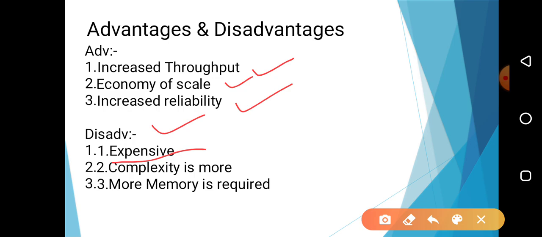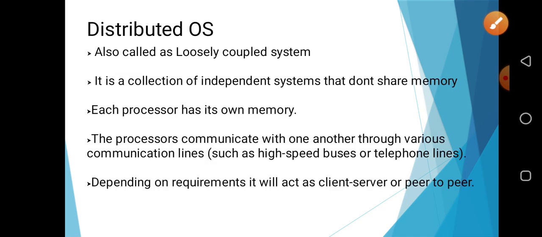As you can imagine, with multiple processors within one system, it will result in complexity as well as higher cost. So it will become an expensive one. The complexity is more, and it is harder to manage everything, because one system consists of multiple CPUs which are going to share the memory, IO bus, clock, etc. Therefore, more memory is required.